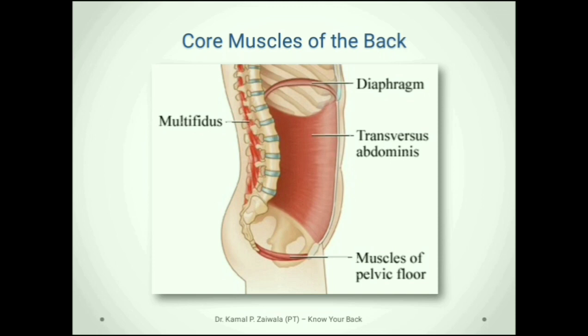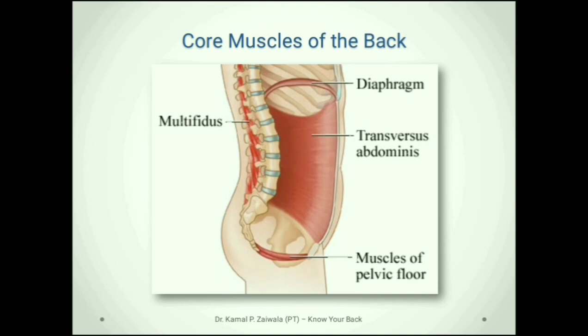One is the core muscles and the other one is the global muscles. The core muscles are the innermost layer of muscles which are very near to the vertebral spine. These muscles are responsible for the stability of the lumbar spine, whereas the global muscles are the muscles of the outermost layer of the lumbar spine, and they are responsible majorly for the movement or the dynamic stability of the lumbar spine.